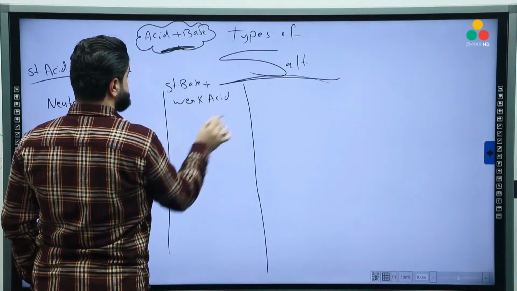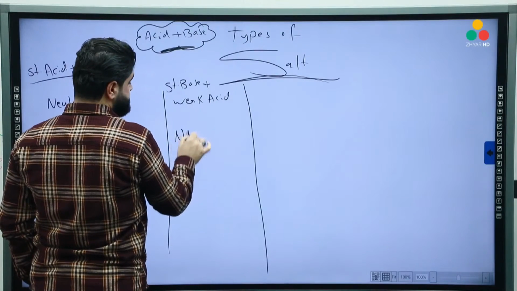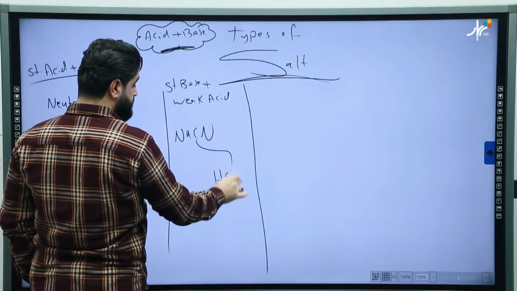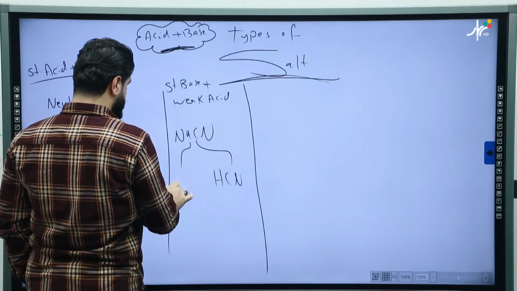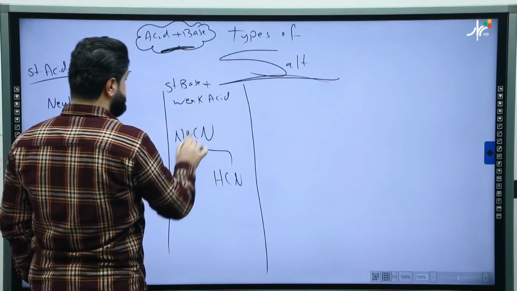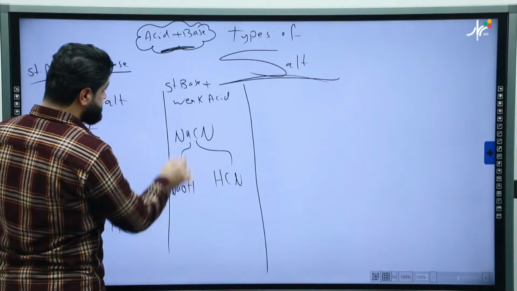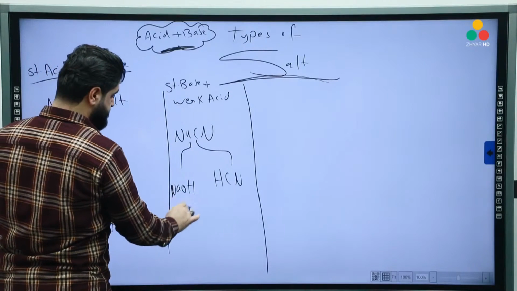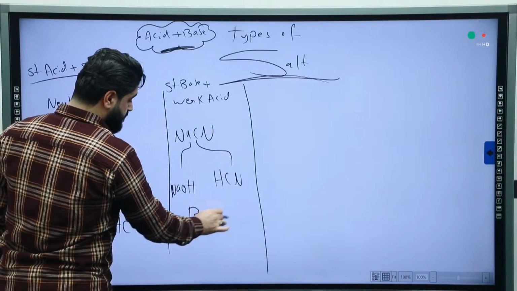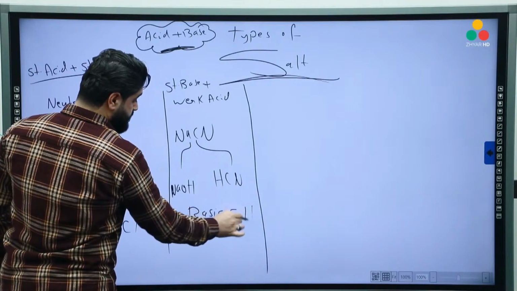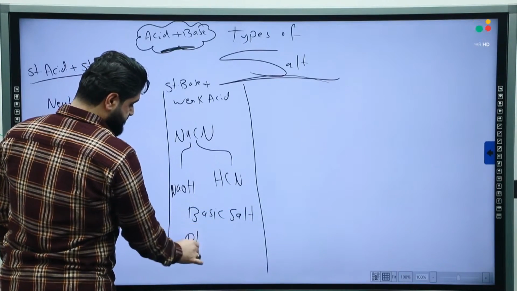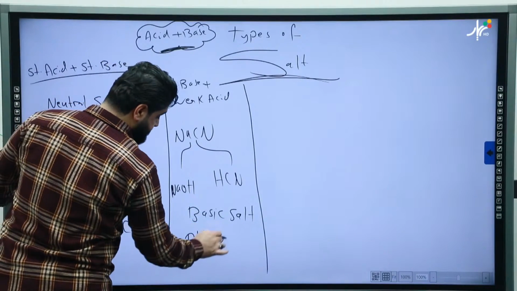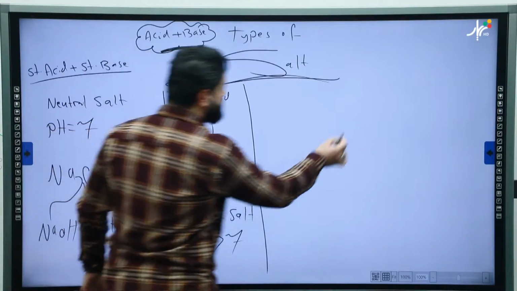acid, such as NaCN. It comes from HCN and it's from NaOH. So because the base is strong, the acid is weak, the salt will be basic. Alkaline salt or basic salt, because of its base, so it must show pH above 7. Another type of salt,